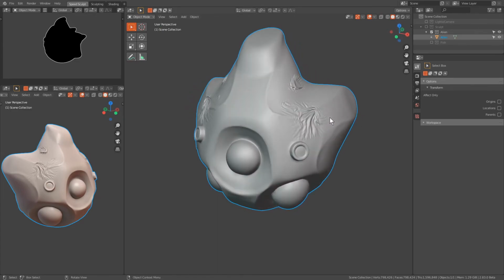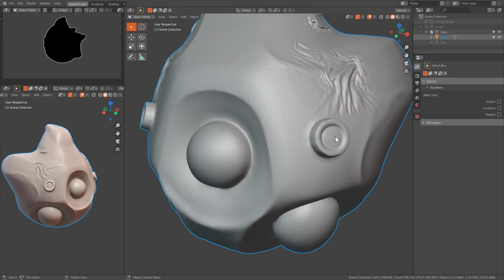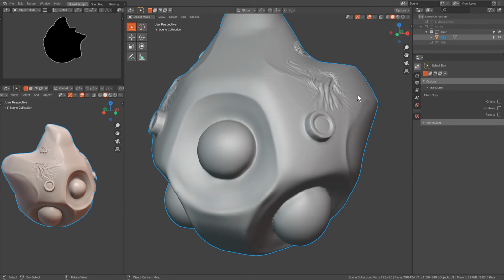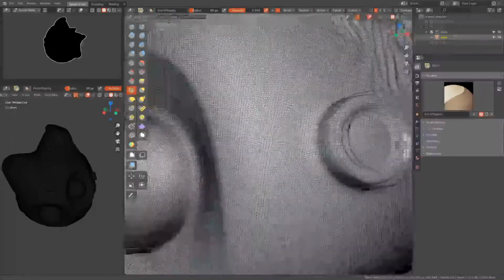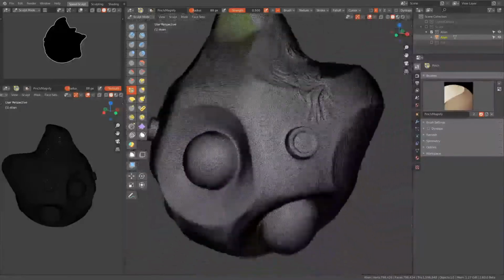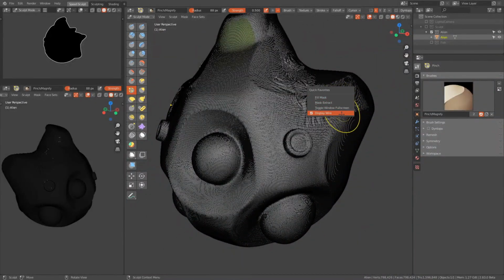I messed them up pretty bad with the cloth brush. What are you gonna do? Okay, so we're gonna hit the remesher. Let me check the wireframe on this guy. All right, so he's pretty dense. Looks like I've already remeshed him, but